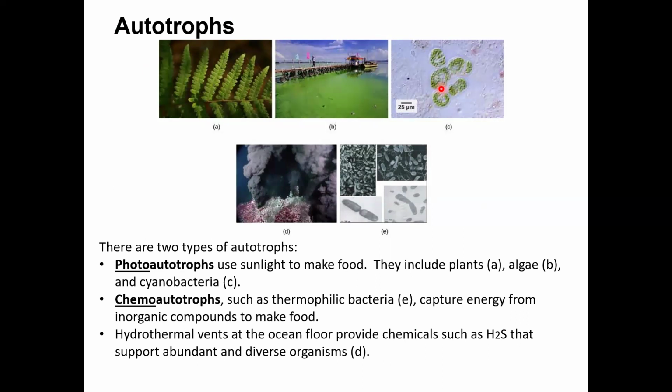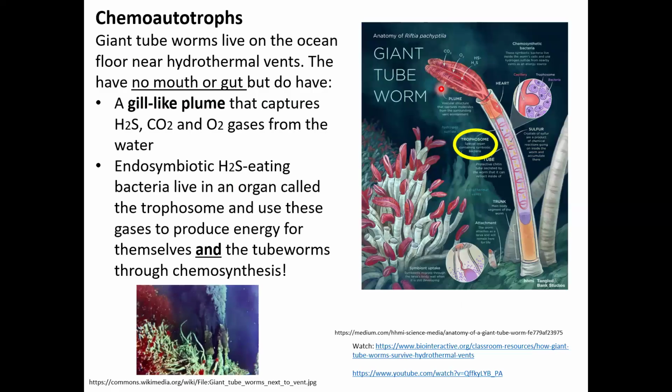Some examples of these are thermophilic bacteria. There are hydrothermal vents at the ocean floor that provide the chemicals necessary to support abundant and diverse organisms like these organisms themselves. So for chemoautotrophs,